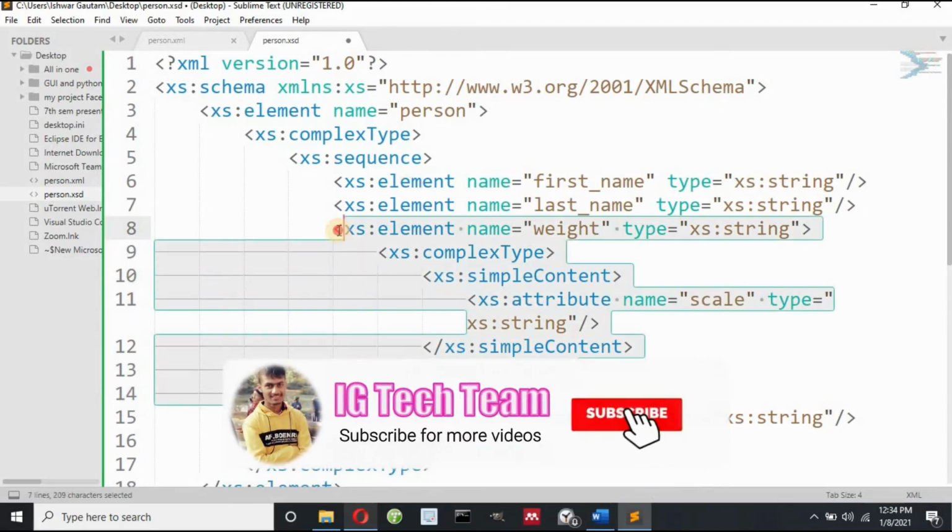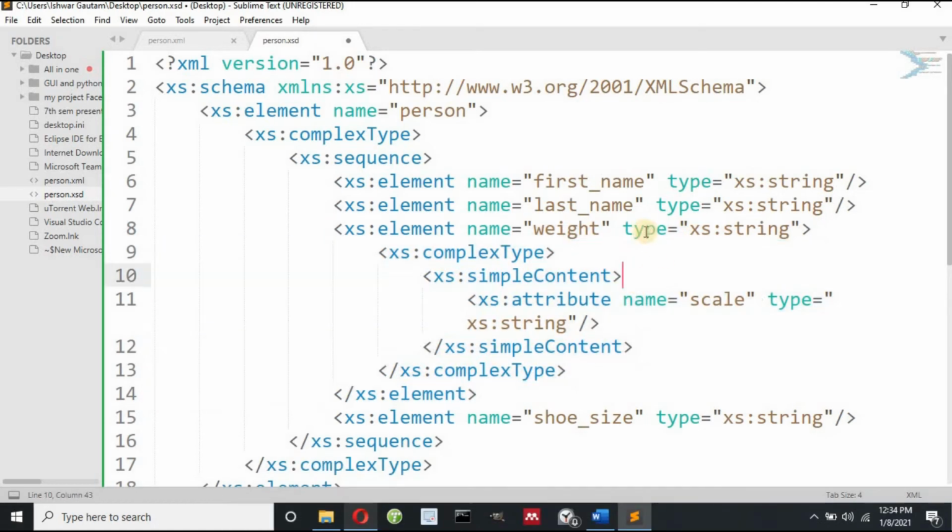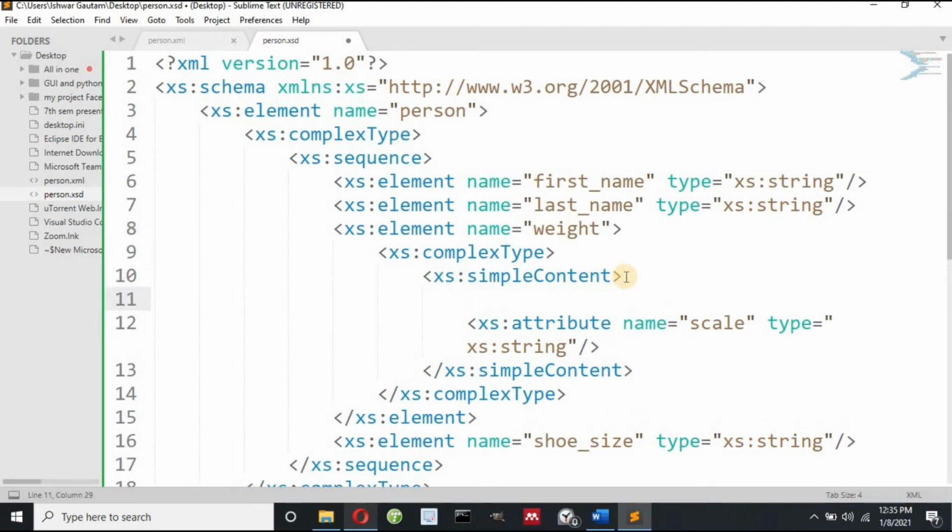Okay, so this is it, but there is one error. You can see here this type and this type are the same, so it will create a problem. This may be ambiguous, so you have to delete this type xs:string, and you have to write the type inside this simpleContent.